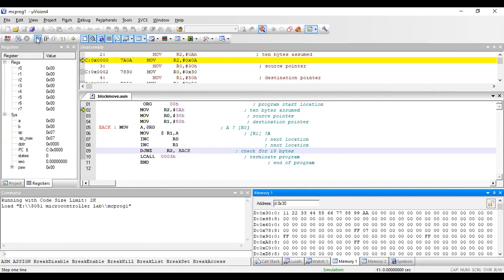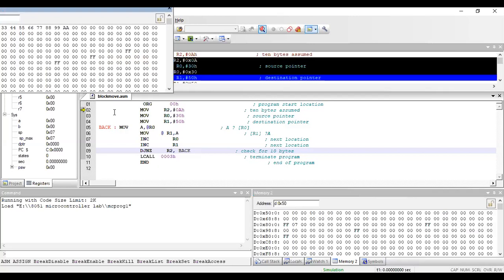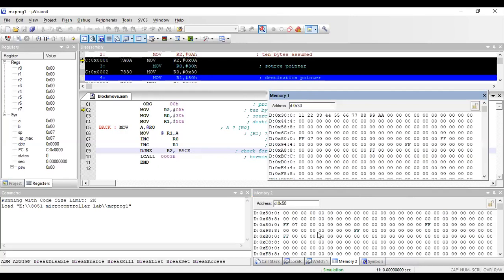You can do even stepwise execution also, right? To do that, I want to check both the memory windows. So what will I do? Here the window position is there, right? I'll just say floating so that my window comes out. I'll just use this. This is my memory window which is having 30th location, and this is my memory window which is having 50th location, right?